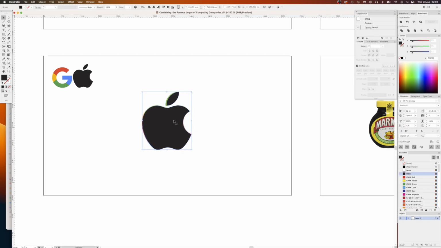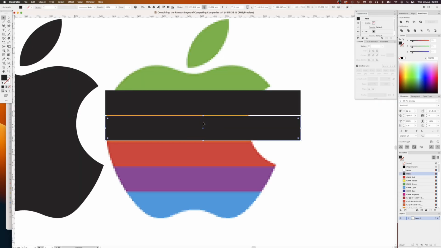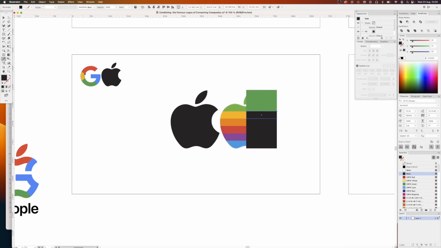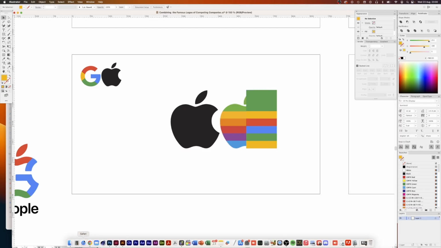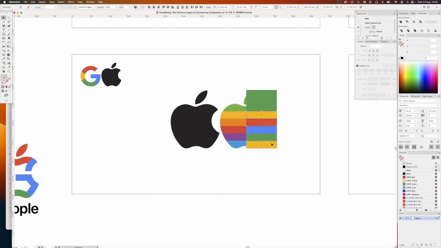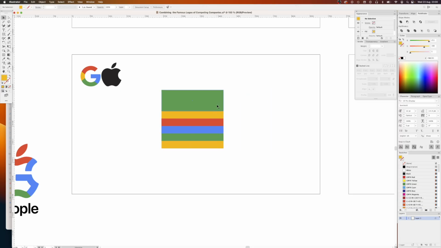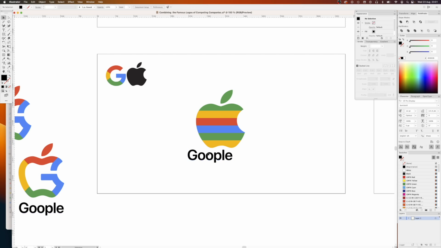So the first thing I had to do was get our proportions right. So basically I just drew a load of rectangles over the old logo. And then once I have my proportions right, I just used the Google colors and I just rotated them round from the green, because the Apple logo starts at the top with a green, and just kept rotating that through until I was done, and then did the same thing. I did a clipping mask, but with the full Apple logo this time,